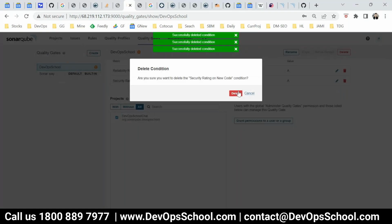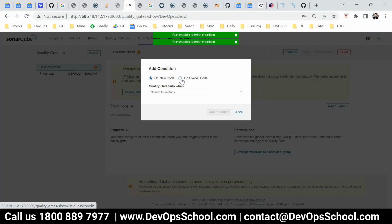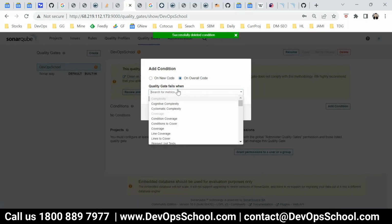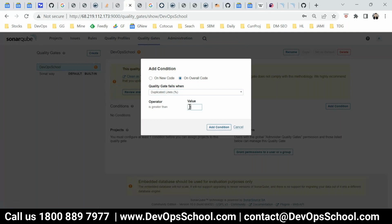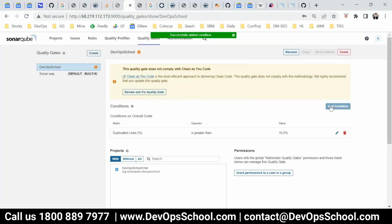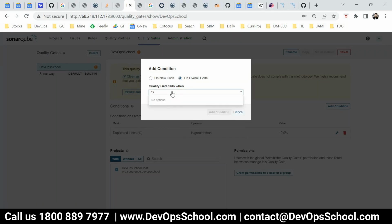So I'm creating a condition from scratch. Add conditions on overall code: duplicate code lines should not be more than 10%. Add conditions, one more. Overall code smells, right? Smells we have actually. So code smell,